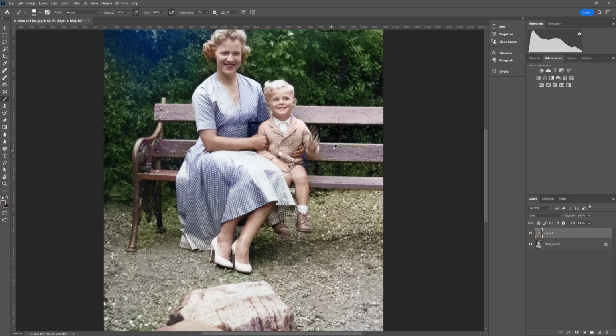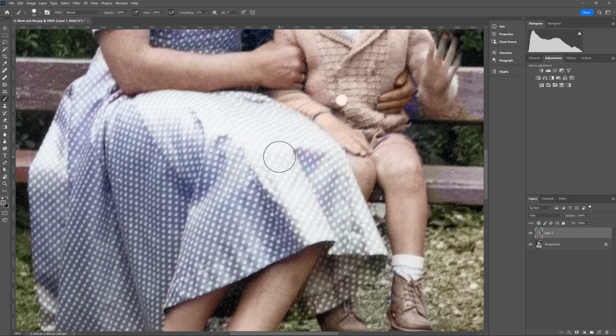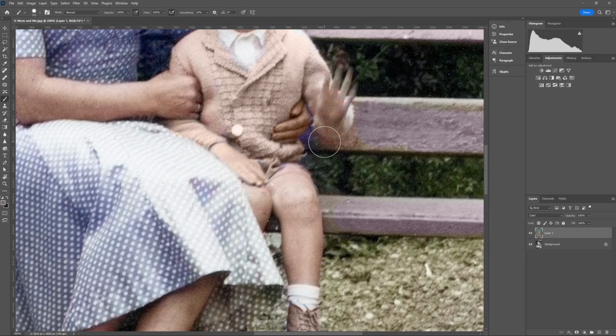There's a bit of that blue here, so I'm just going to zoom in a bit. I'll hold down space and drag the image, change the size of that brush, and then I'll just paint in here to get it more the way that we want it. We'll just pick up that colour again to deal with that a little bit. So you can see that we can significantly improve this,